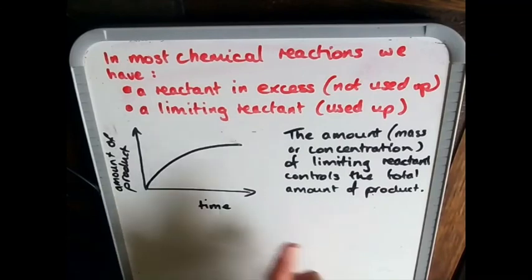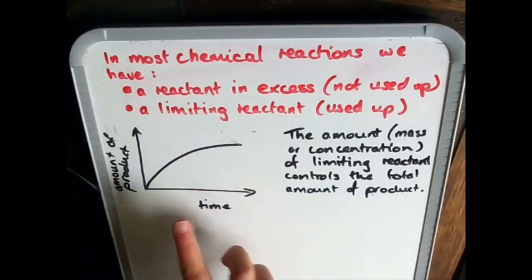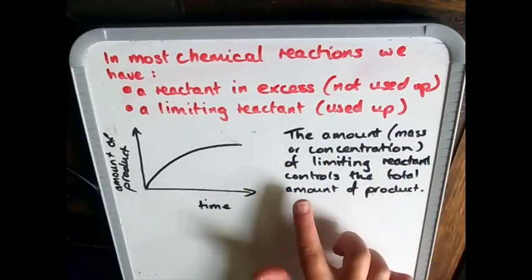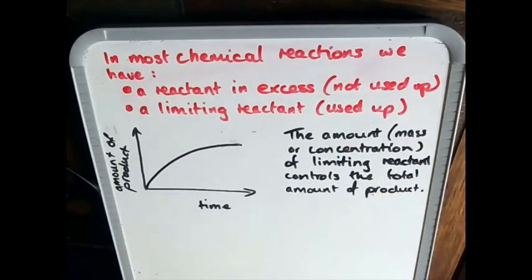What we need to know, and how this relates to these kinds of graphs, is that the mass or concentration of the limiting reactant controls the total amount of product produced. If you think about it, burning a fuel, most fuels that we use, produces carbon dioxide. The amount of carbon dioxide produced is going to be dependent on the amount of fuel or the amount of wood used, rather than on the amount of oxygen that we have in the air, because the fuel is the